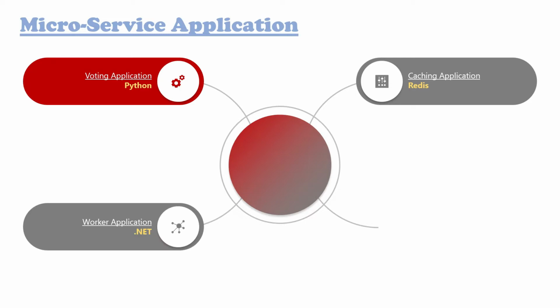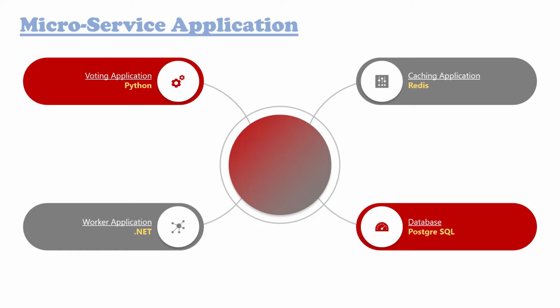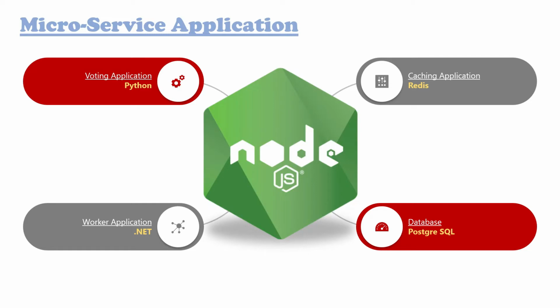We will have a worker image written in .NET that processes the votes collected. Then there is an image for a PostgreSQL database that persistently stores the result of the voting. And finally, there is an image written in Node.js that shows the results of the voting in real time. So that's all about the microservice application that we are going to deploy in Google Kubernetes Engine and explore different